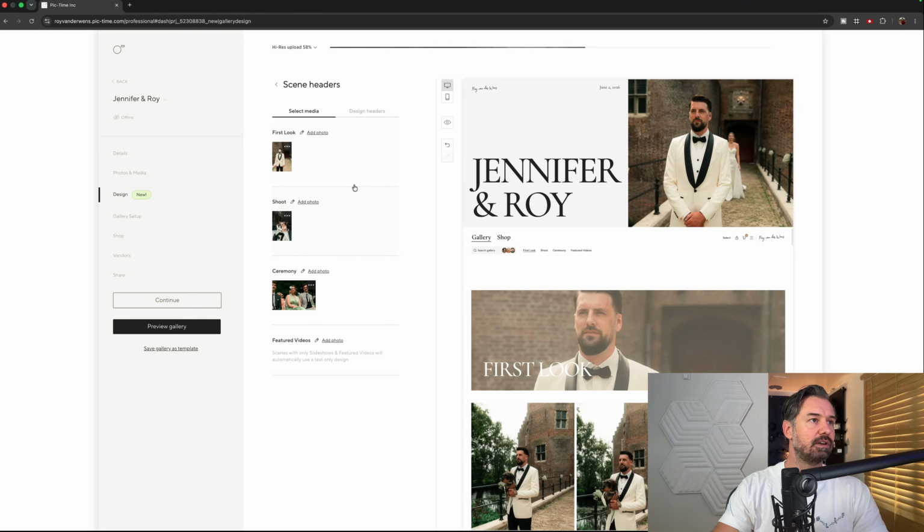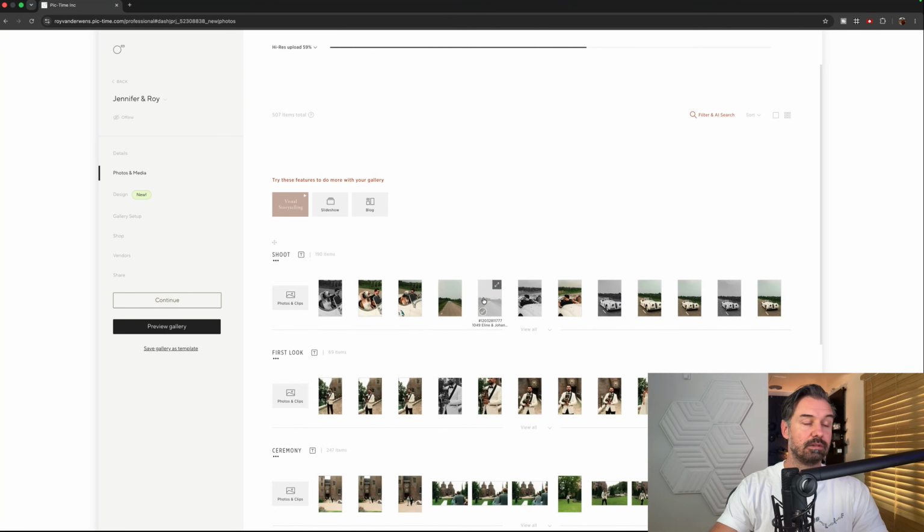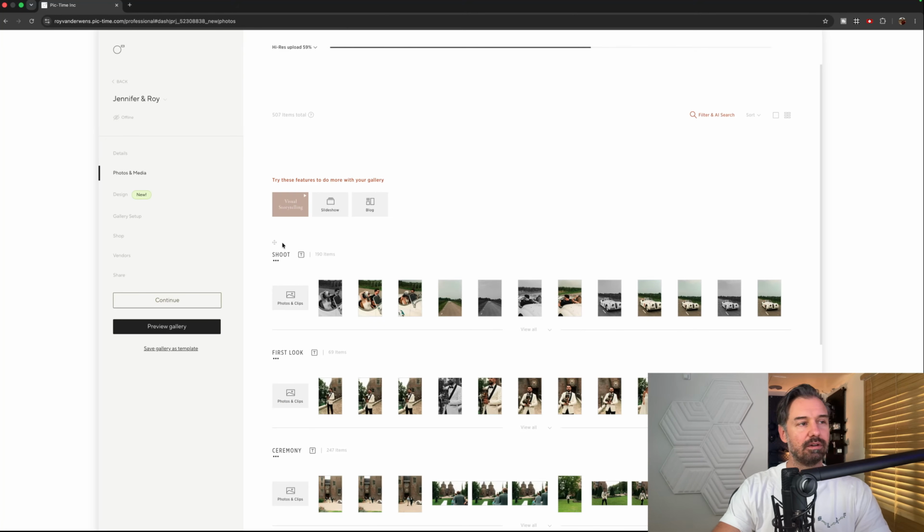And okay, well, let's start with the shoot then. Let's go back to the photos and media, and let's throw the shoot on top of everything, because the shoot has the most important photos. And maybe if I would create a gallery, I would probably make an extra folder at the top with the preview shots, so all the best shots, so it instantly has the best shots over there.